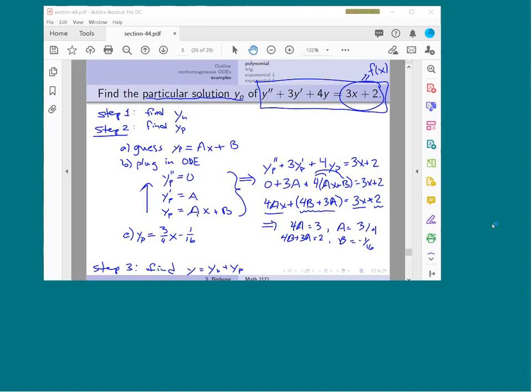All right. Well, let's end there for today, because the next example deals with trig functions, and trig functions take a little bit more time just because your guess has to deal with both sine and cosine, and then you have to take all the derivatives. So next time what we'll do is we'll come back and we'll look at examples of trig functions and exponential functions and how they work. Exponential functions work exactly the same as this. No big deal. Trig functions have a tendency to be a little bit long when you start going in and doing the algebra part here at the side, but still the exact same